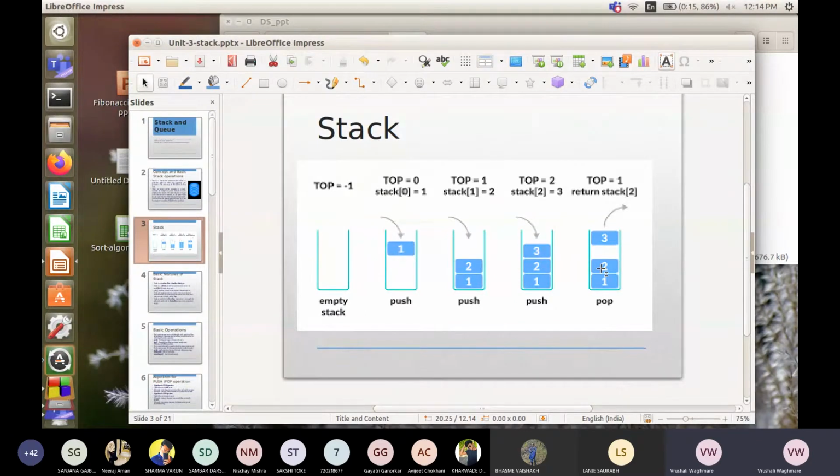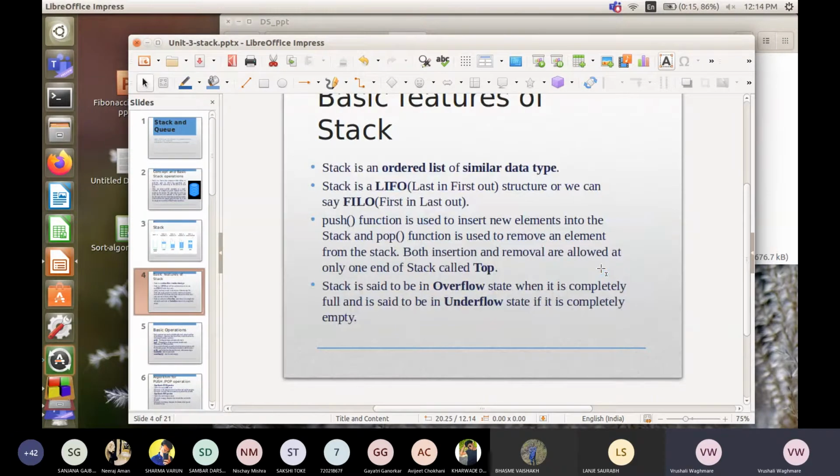So if the top of the stack is pointing to n minus 1, then we say that the stack is full, or we also call it overflow. Stack overflow.